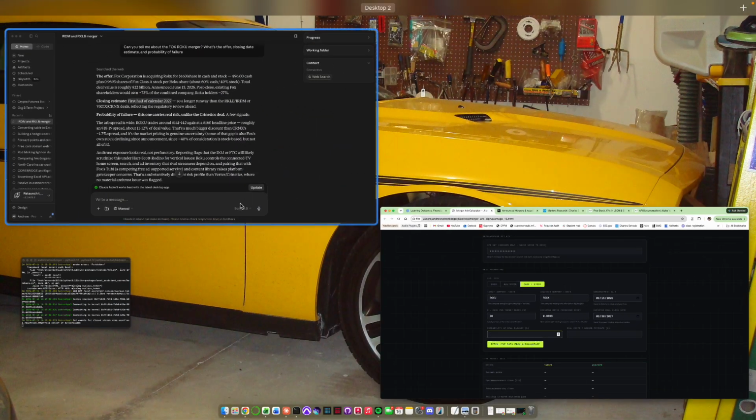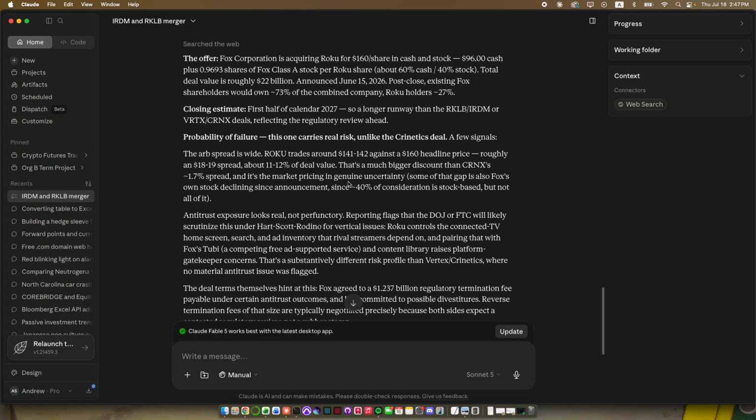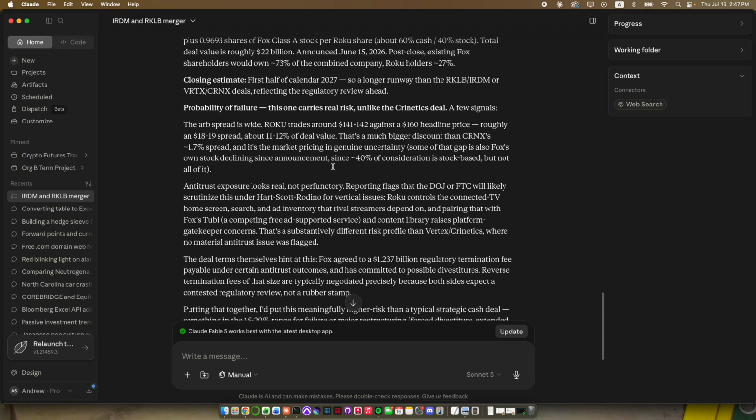And what I like to ask Claude is whether or not they see any threats to the deal closure occurring along the timeline. So this could also include something like, maybe Fox has an offer to buy Roku, but then Disney also wants to have an offer to buy Roku. So these are also different factors that you can think about when you want to calculate what the probability